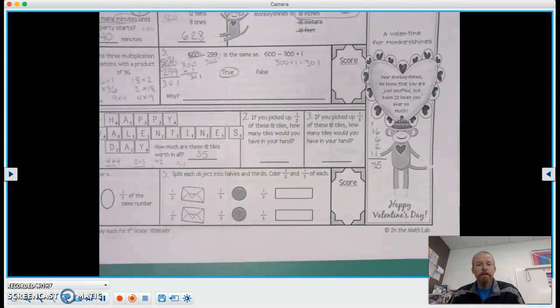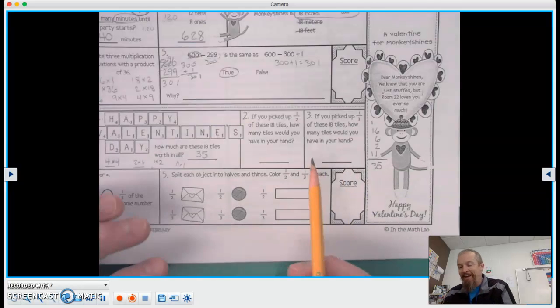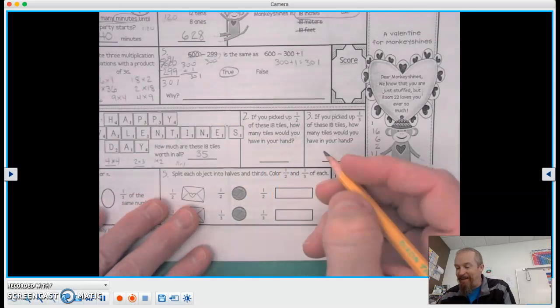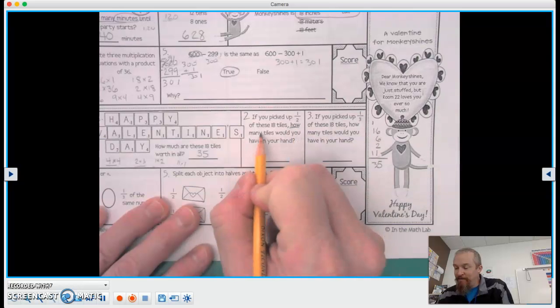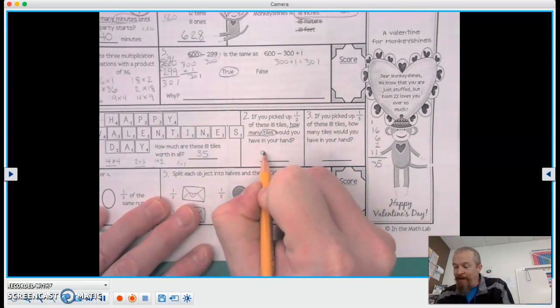Number 2, if you picked up 1/2 of these 18 tiles, how many tiles would you have in your hand? So there's 18 tiles total. And you picked up half of them. 18 divided by 2, very good. 18 divided by 2 equals 9. So how many tiles? You'd have 9